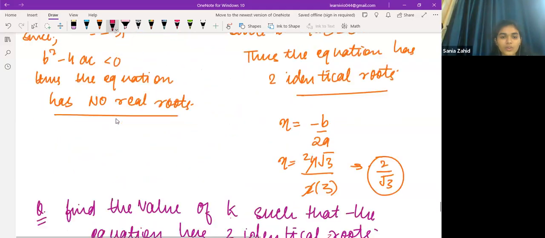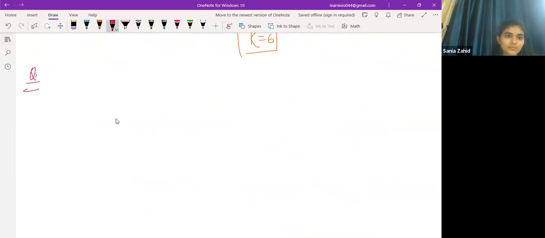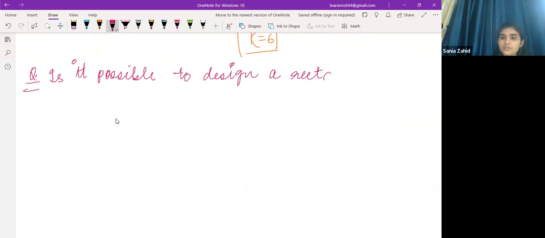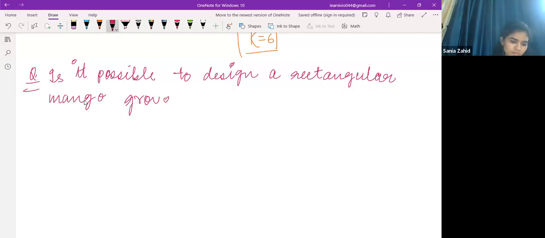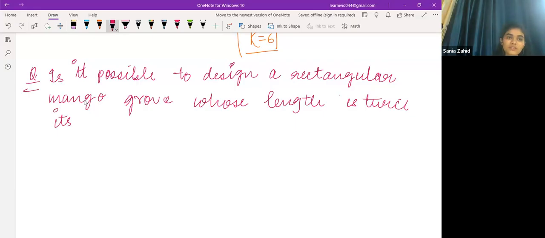Okay, so children, now we move forward to the next question. Is it possible to design a rectangular mango grove whose length is twice its breadth and area